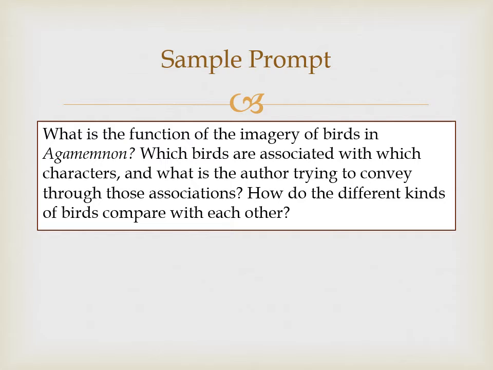So now what you might be thinking is that, okay, I have this question, I need to come up with an answer for that. That's my first step, to come up with an answer, or at least an idea for an answer. That's actually backwards. What you need to do first is say, okay, what kinds of information do I need from the text in order to answer the question, and find that first. So in this case, we're going to go hunting for imagery of birds and see what we find.